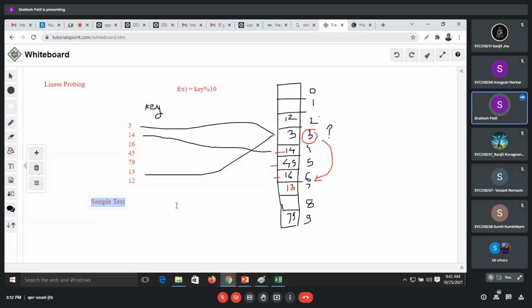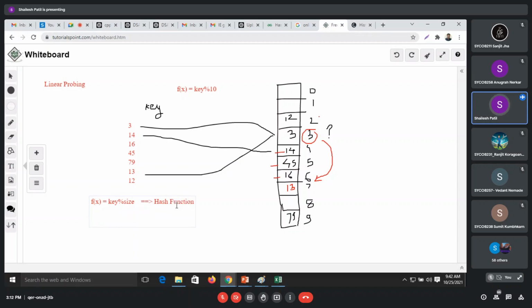My initial function is f of x is equal to key mod size. That is my hash function that I am using.